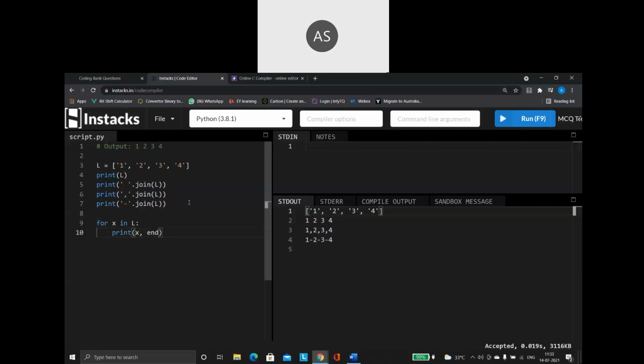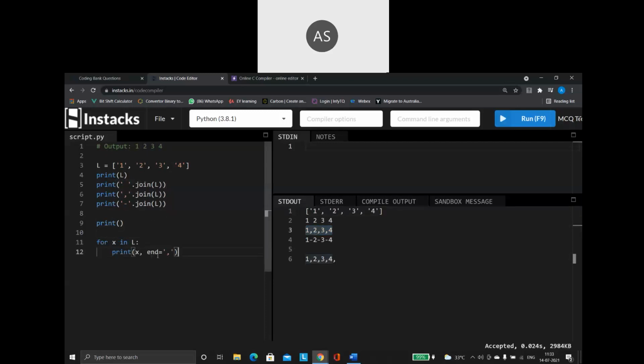We already discussed that. I am saying end is equal to a comma. Let us add an empty print statement so I'll get a blank line. Now run this piece of code. See what is the problem? I can do the comma work using my loop also. No need for me to go for the join function.